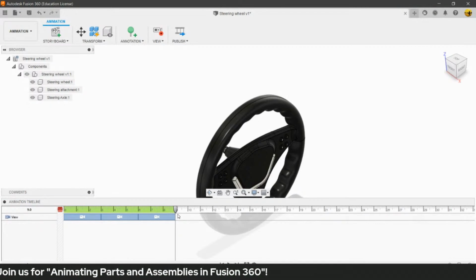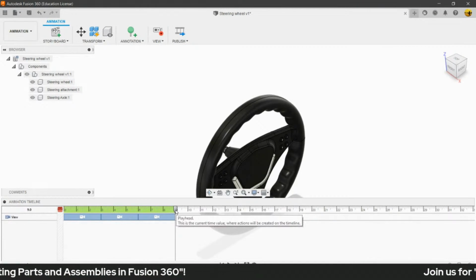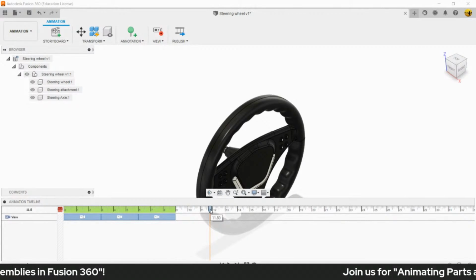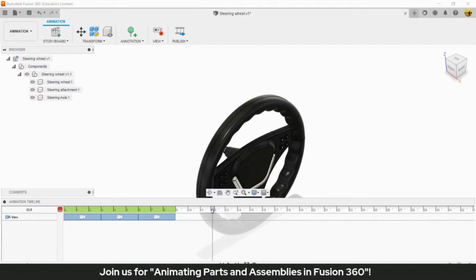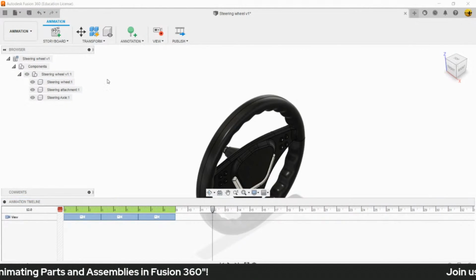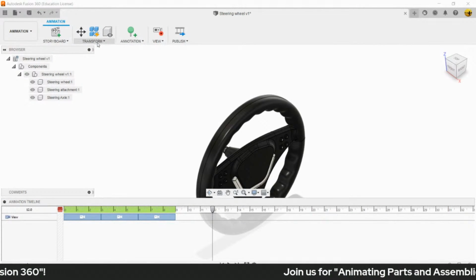What I can do, first thing, before doing anything, is grab the playhead and take it to the next timestamp. So if I want this animation to be of 3 seconds, I can take it to 12, basically adding 3 seconds to the animation. And I can go to this transform drop down over here. If I go to the transform drop down,